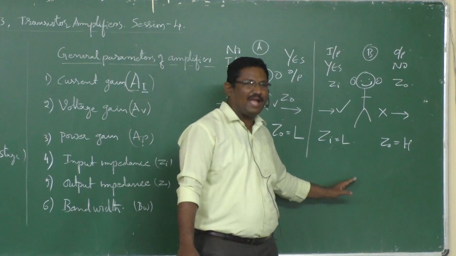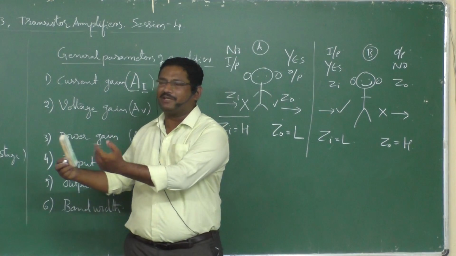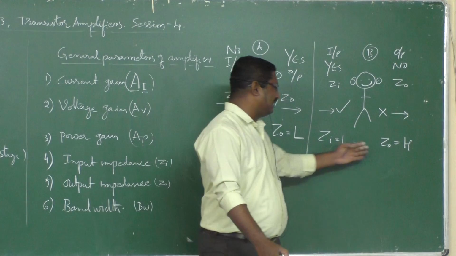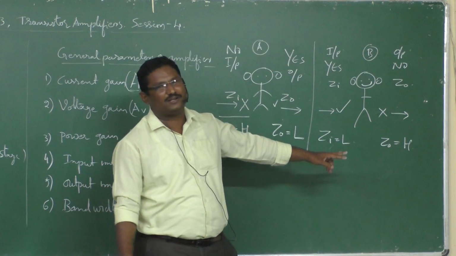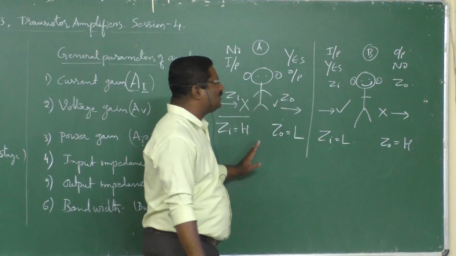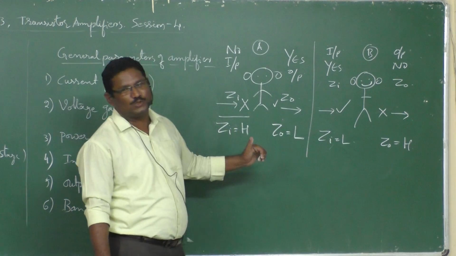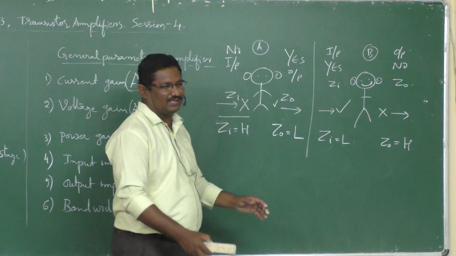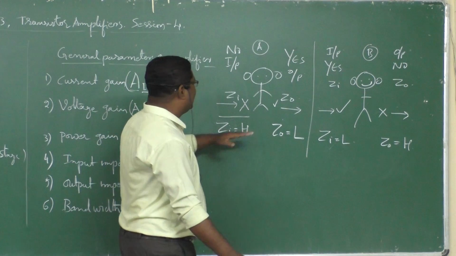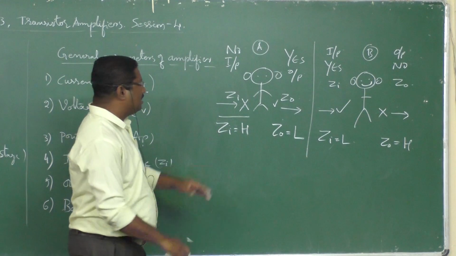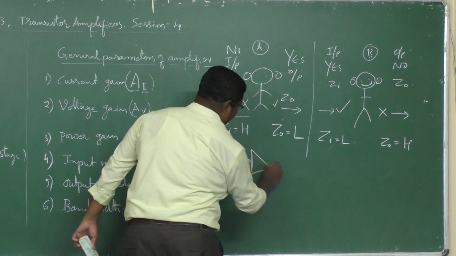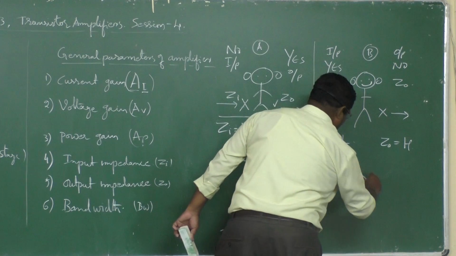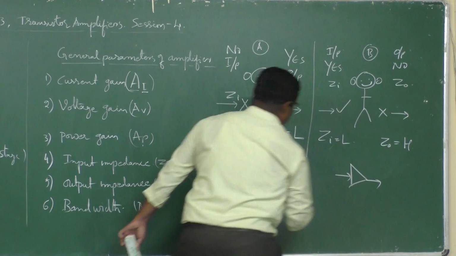And the second parent we have: whatever somebody is giving, he is accepting all things. And if children are asking for something, he is not at all giving, he is not at all spending on the children. So is this parent good or is this parent good? Which parent is good? Like this you can analyze. But here, coming to the transistor. So here the transistor is there. So I draw a triangle for the transistor amplifier.